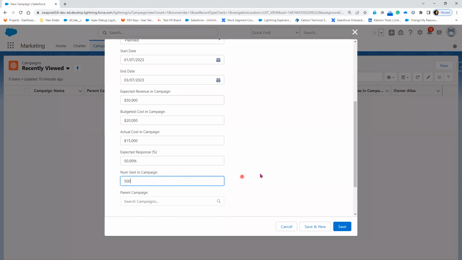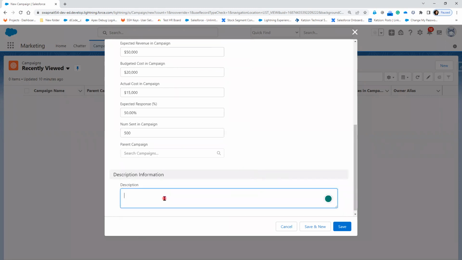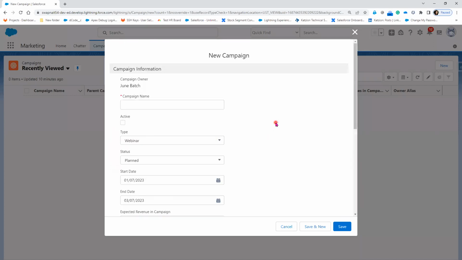And then parent campaign will come later. And this description, let's say that iPhone 14 campaign, right? Now, name of the campaign, I'll say that Apple underscore. Now, in real time, what we will do is, whenever we give the campaign name,